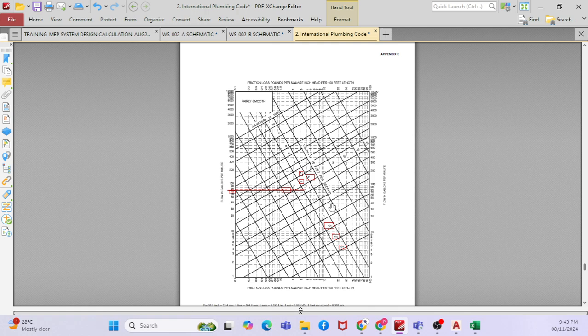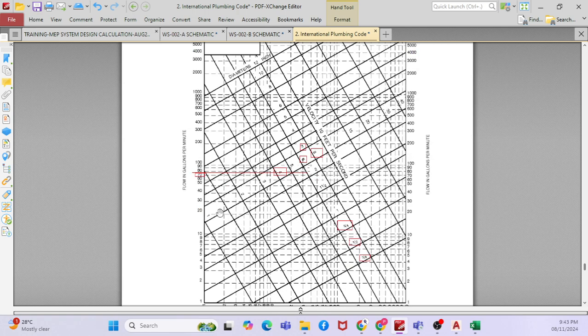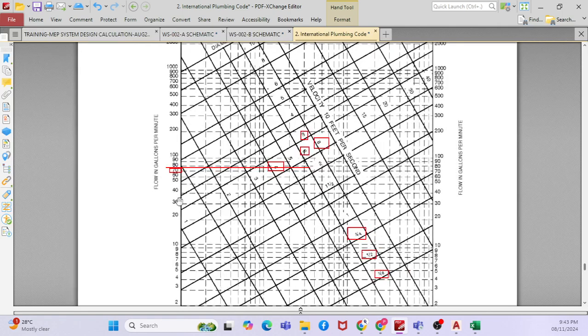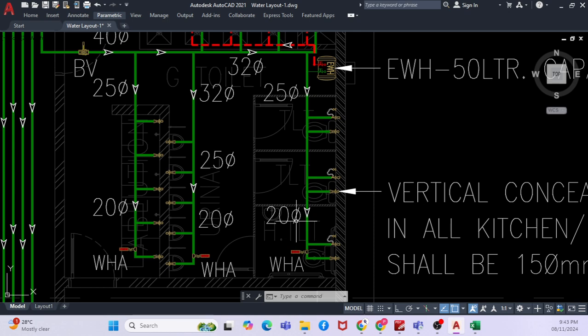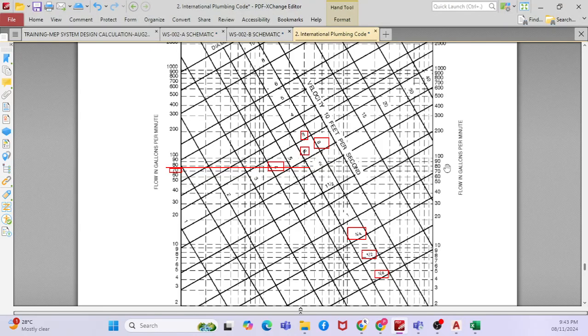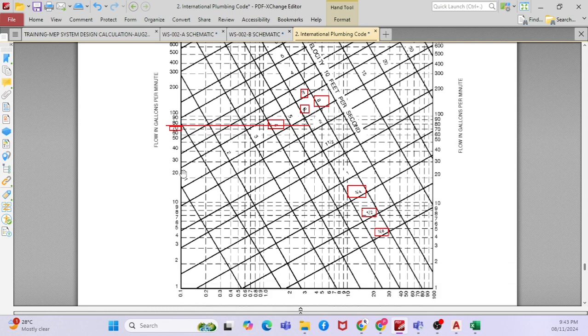So how to use this particular chart? Say for example, I am calculating the flow rate. Assume that in this particular area I have 15 WSFU. For 15 WSFU, if I go to the standard, I will get the flow rate, right? For that flow rate, I can plot here. Say for example, my flow rate will be 10 GPM or 20 GPM. So if I draw 20